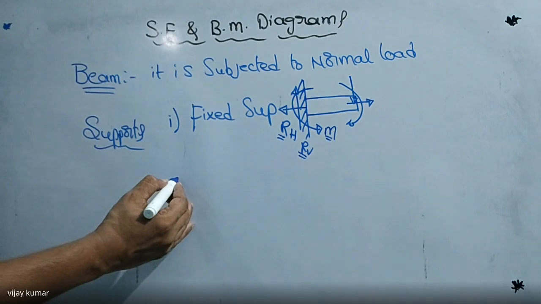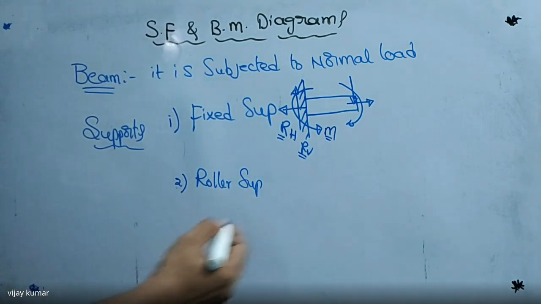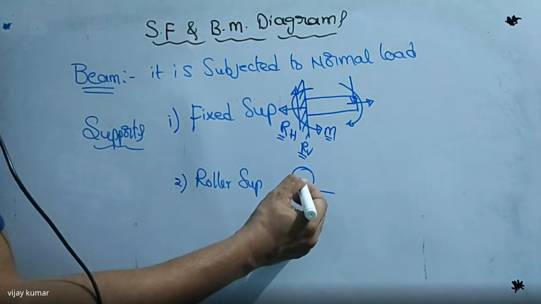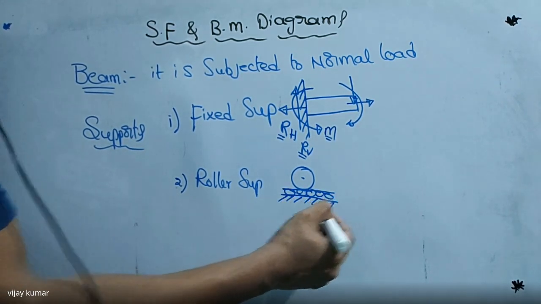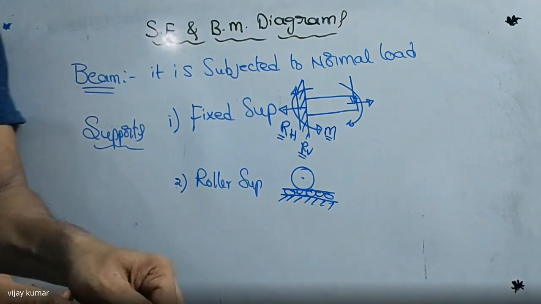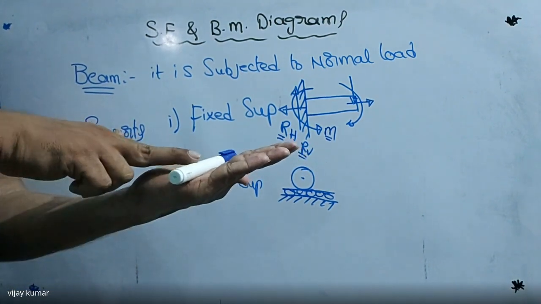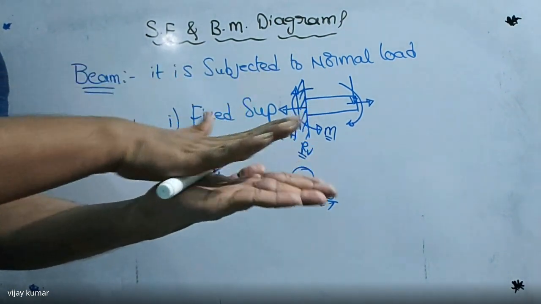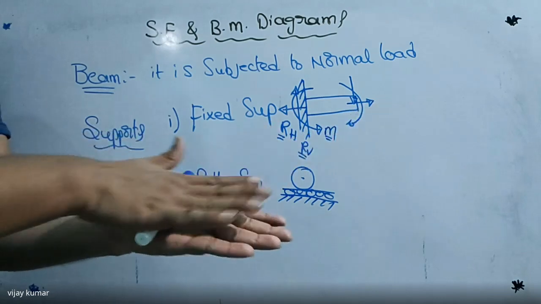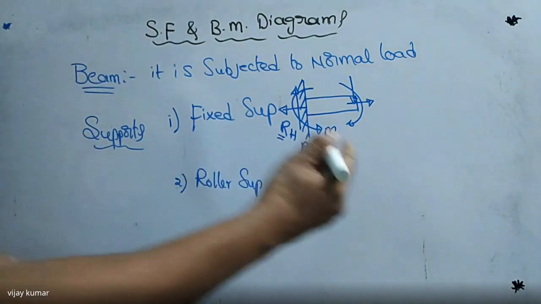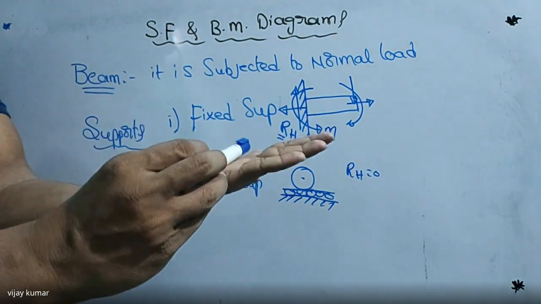And the second one I'm going to give to you is nothing but roller support. I'm going to indicate it like this. So this is the roller support. See this one. How many reactions are contained by this roller? For example, if you see in this direction, it is applied as a roller. I can move this one in this direction and in this direction. Is there any restriction of this motion? This is x positive, this is x negative. So there is no reactive force along the x direction. So the horizontal reaction must be 0.